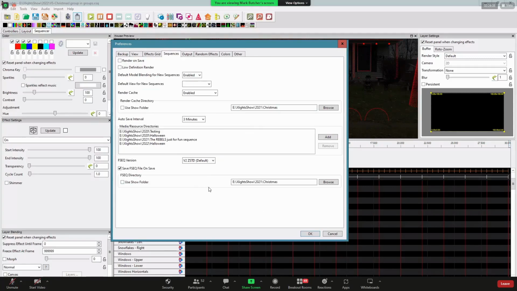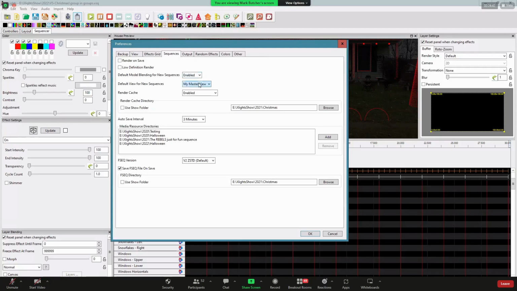So what were you going to show us here? Sorry, I took over. Right. So here there's this default view for new sequences. What I have is my master view as my default one that I want to use. If you set this here, every time it will set up your master view. When xLights starts, it creates a master view that appears to be somewhat random, and to the best of my knowledge, I believe it is in the order that you add props to your show, or to your layout.